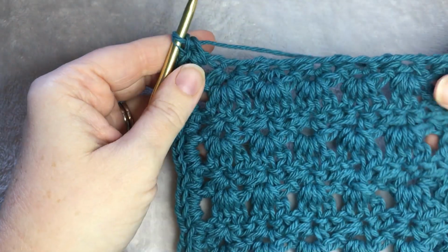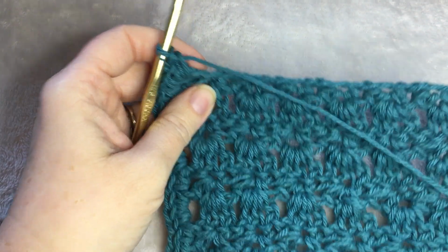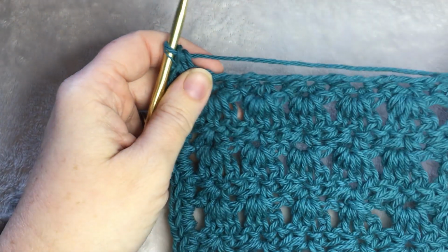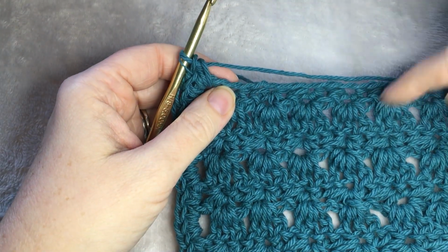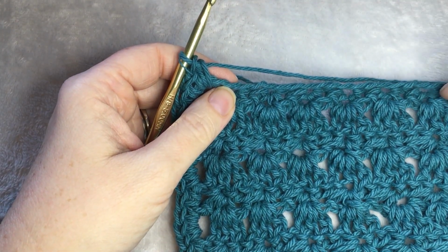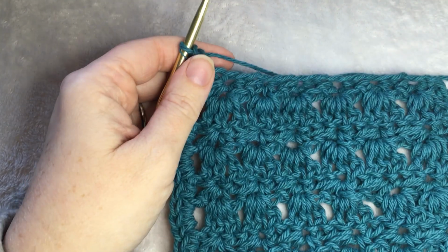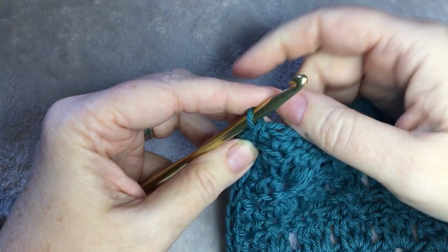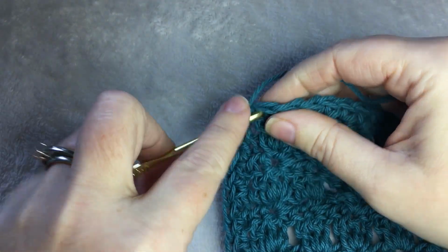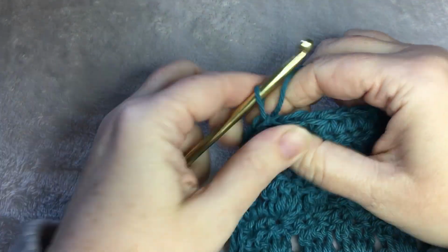You're going to continue around until you meet back at where you started and slip stitch to the top. So I will meet you there. Like I said, 1 single crochet for each stitch, and then 4 for the 2 rows, and you want 2 in the corners. When you finished all the sides and you're back to where you started in your round, you're going to slip stitch to the first stitch,